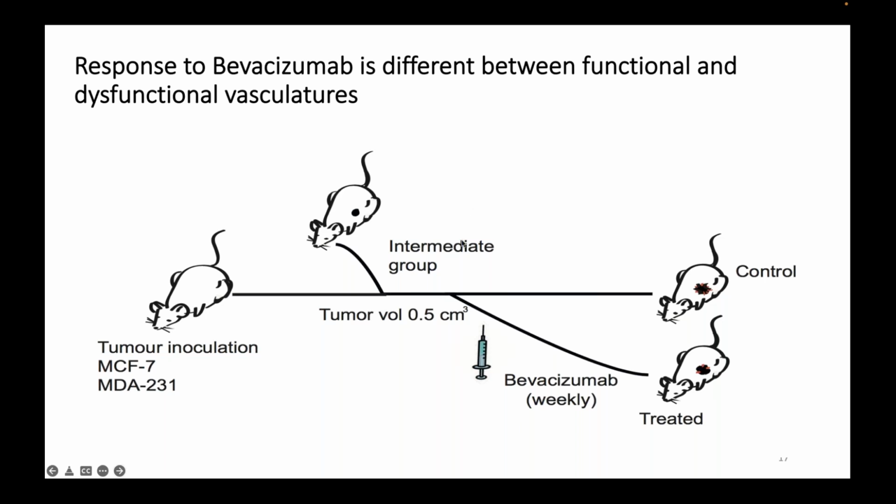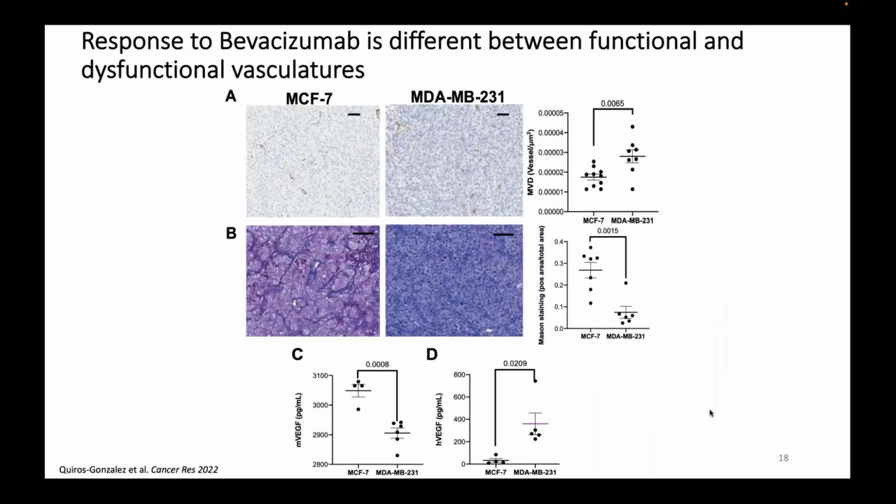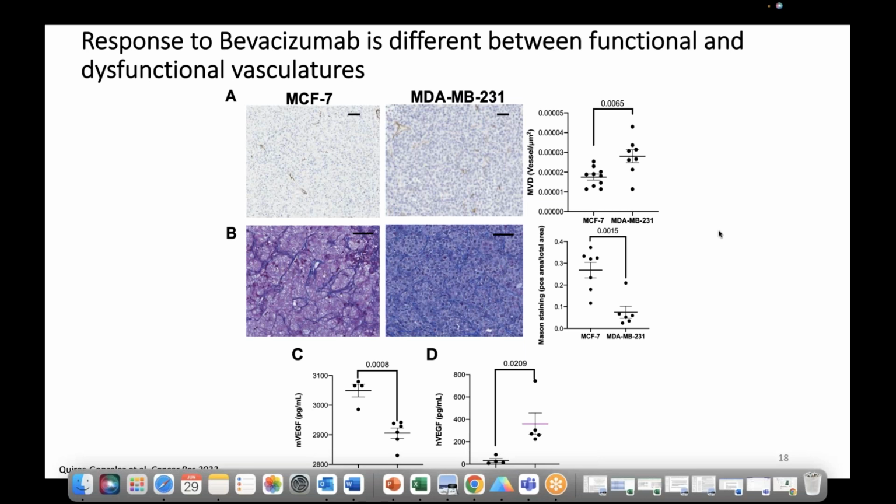We split them in three groups: the intermediate group, which was how the tumor was just before starting the treatment, and then a control group and a treated group, in which we injected bevacizumab weekly. In the beginning of the experiment, we could confirm the results of the previous set of experiments, in which the number of blood vessels was higher in the MDA,